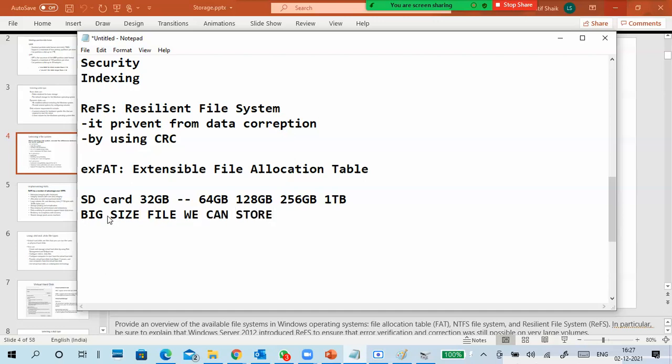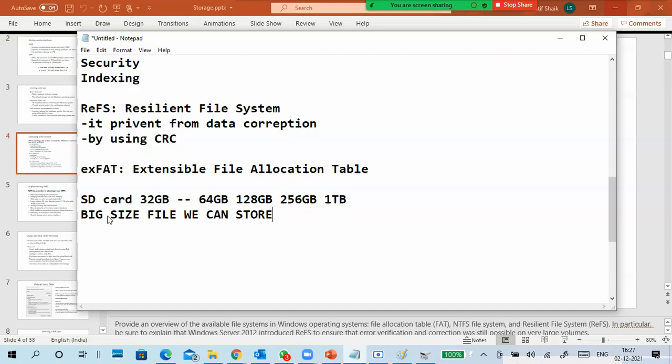So what is the big size advantage with exFAT? Nowadays we store a lot of data in memory cards, like movies, for example 4K movies or games. If the mobile supports a 4K display, then we go with 4K, full HD, Blu-ray.